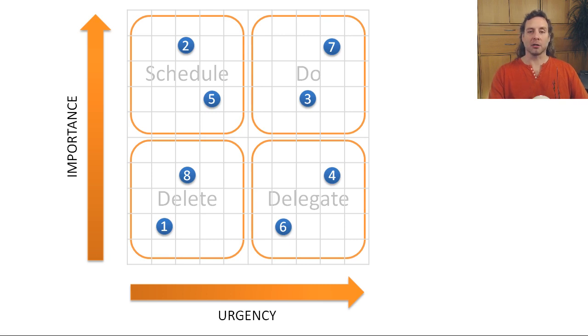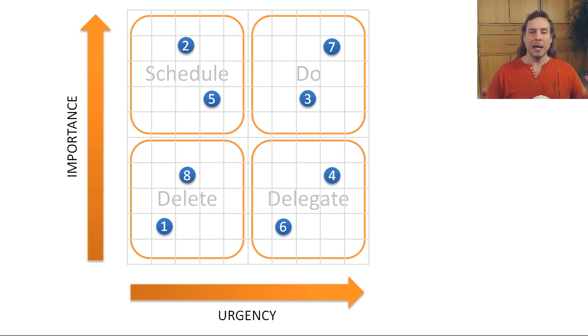and it becomes really, really easy to see what you're going to do and in what order. So here, task 7 is our most important and urgent. It's quite clear what it is, and then the next one is task number 3. That's the next most important and urgent. After that, you've got tasks 2 and 5, whichever way around you decide you're going to do these two. Probably number 2. Number 2 is further away from the origin than number 5, so number 2 is probably a little bit more important to do, or maybe the urgency of number 5 overrides the importance of number 2,